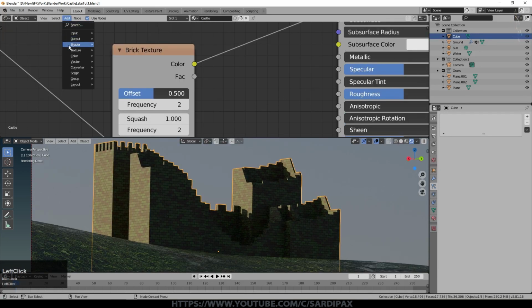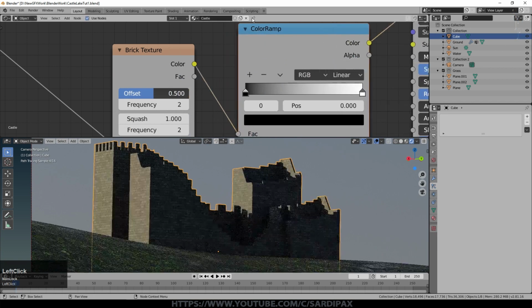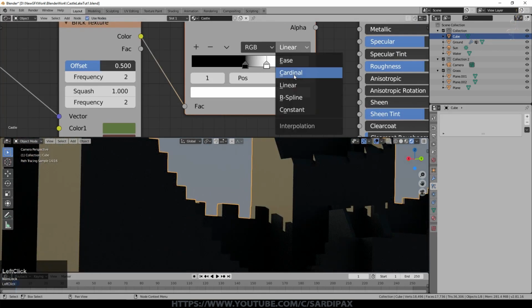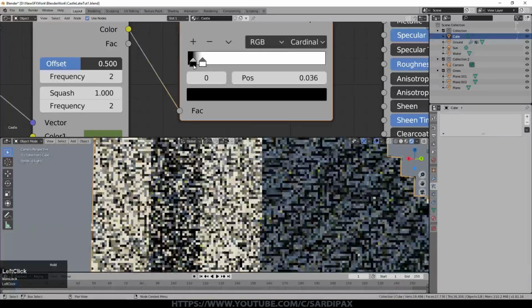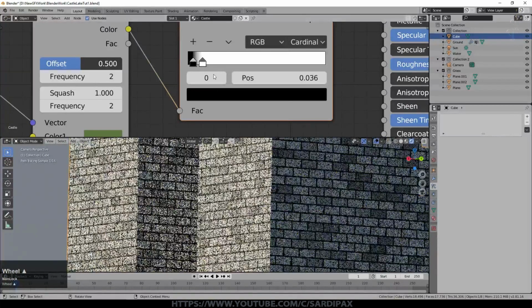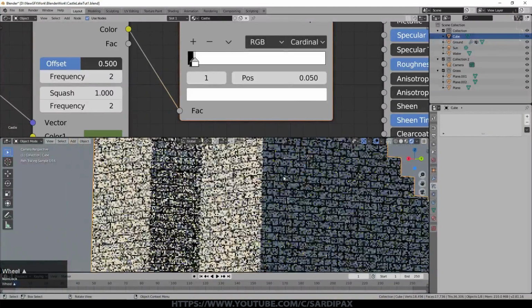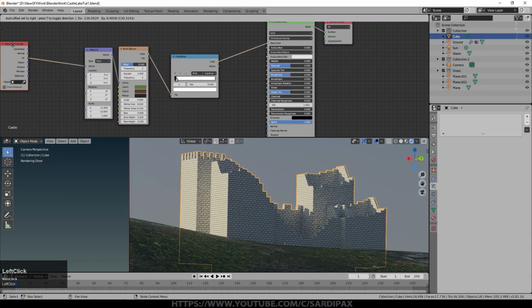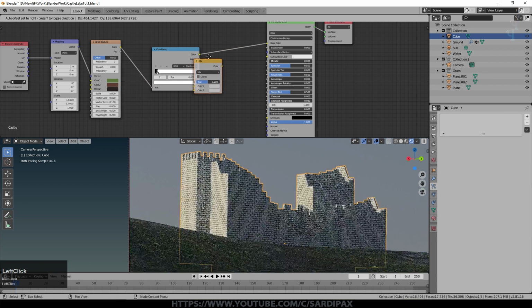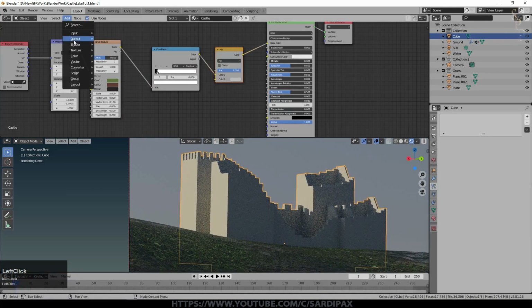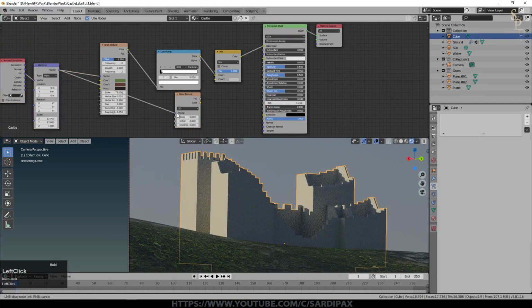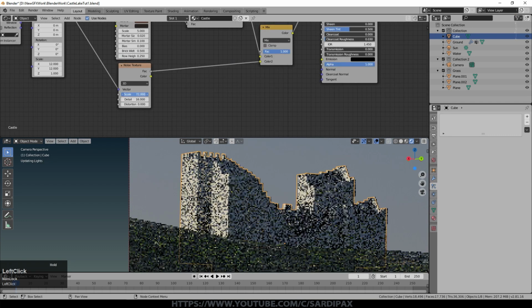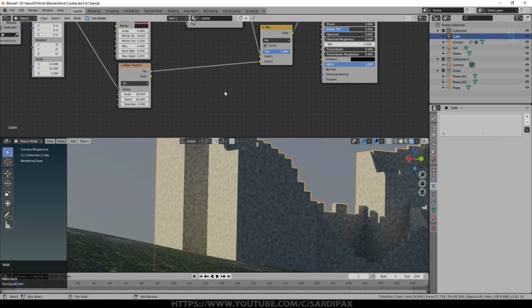So I'm now going to add a colour ramp, drop that into here. I'm really looking just to go to cardinal, pull out certain elements. So I want the bricks to show up and the mortar to not. So that's pretty much it. I'm also now going to add, to move those back a little bit, color mix node, push that over to there, add a texture which is my usual noise texture. We'll use the same mapping, so we'll take that from there, put that into there, turn the detail up, turn the scale up, something like that.